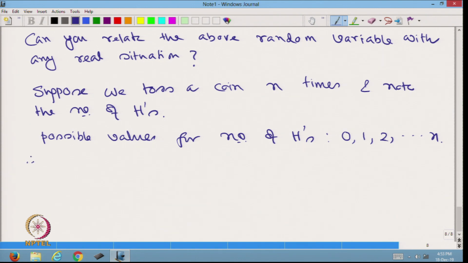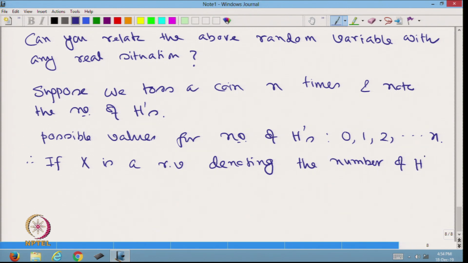Therefore, if x is a random variable denoting the number of heads in n tosses